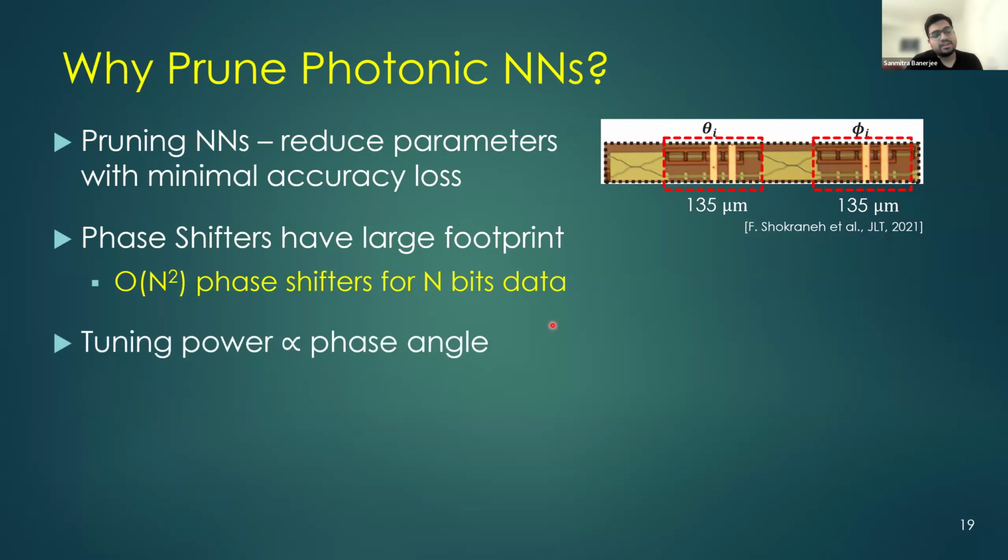Moreover, the tuning power is directly proportional to the phase angle, and this tuning power is a constant power that we need to provide during inferencing. So if we can reduce the phase angle, this will be a savings throughout the entire life of the part. It's not just a one-time saving in power, not just a saving during training, but during inferencing, if we can reduce the phase angles on an average of 50%, that will translate to a direct 50% savings in